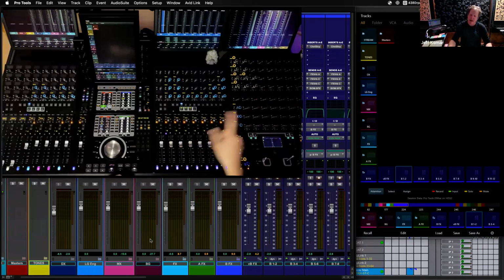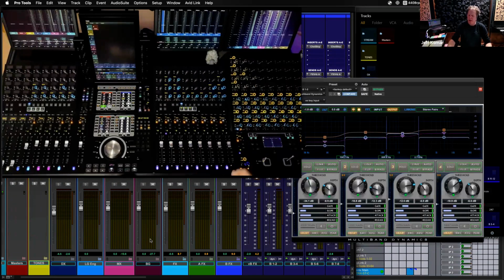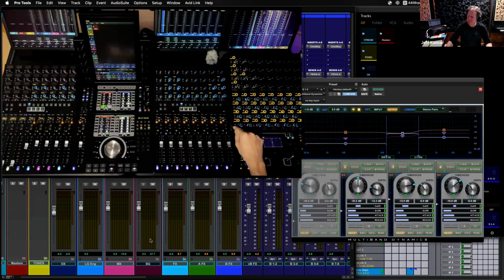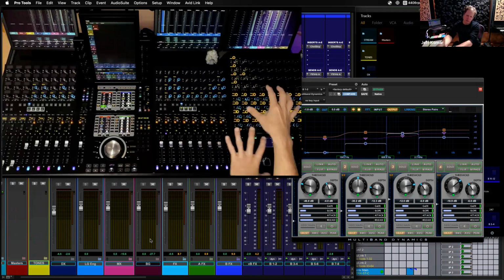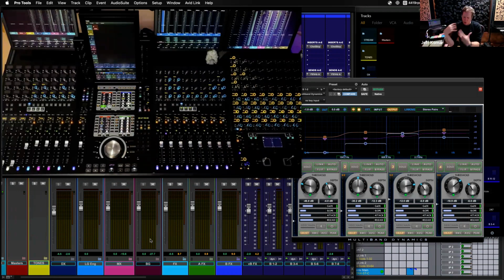So now I can say, you know what? I really need to access that multiband that's on this track. Boom. Now I'm in and I'm accessing the multiband compressor that's on that, right? So there's those individual bands. If I need to take advantage of expand faders, I can do that. But that's a quick way, leveraging attention presets, to change kind of all the information in the heads-up display for